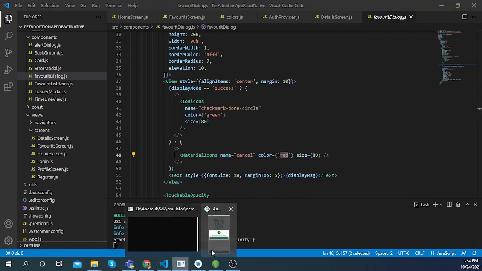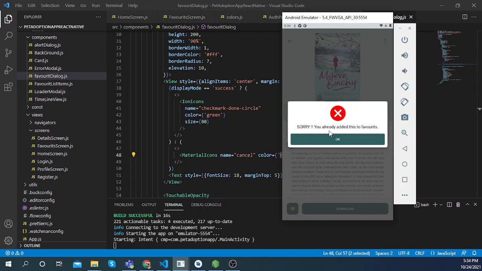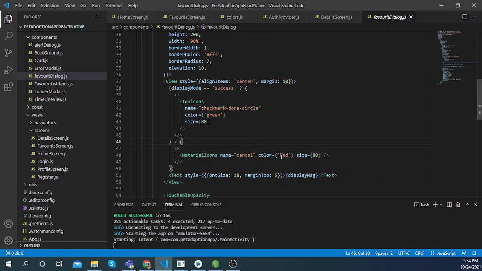So I will show you that, then if it's already added to the favorites, then it will be shown. Sorry, you already added this to favorites and the icon changes here, you can see this one here. If it is success, then it will be green, and if it is not success, that means you already added the favorite to the item, then it will be displayed red, and the material icon name is cancel. So yeah,